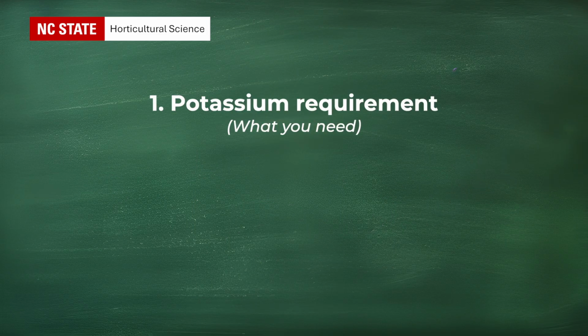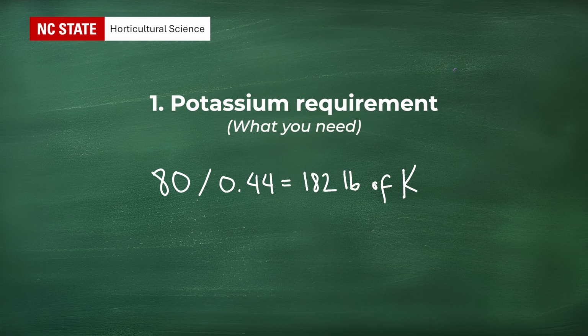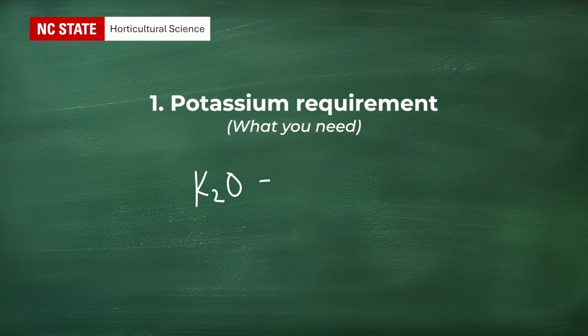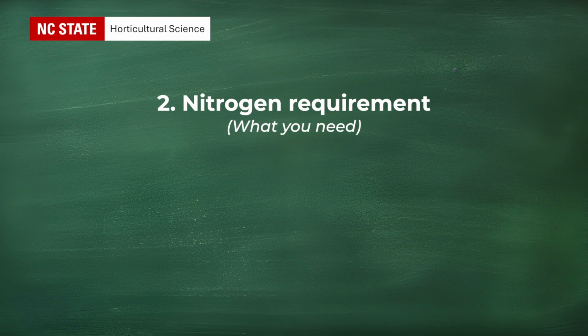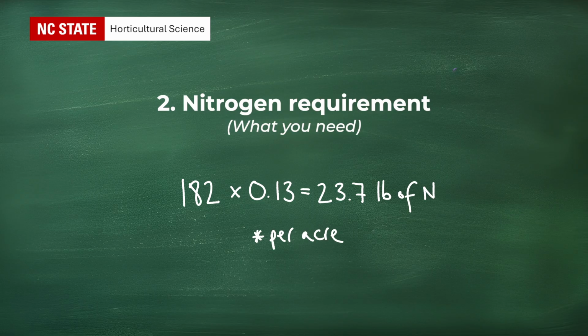First, calculate how much product is needed to meet the potassium requirement. So you're going to take your 80 pounds divided by 0.44, and that's going to give you 182 pounds of potassium nitrate, which is going to represent the 80 pounds of potassium that you need per acre. Following up, that amount also will provide nitrogen. So you're going to take your 182 pounds and multiply that by 0.13, 13 representing the percentage of nitrogen in the fertilizer, and that's going to translate to 23.7 pounds of nitrogen per acre that are going to be supplied